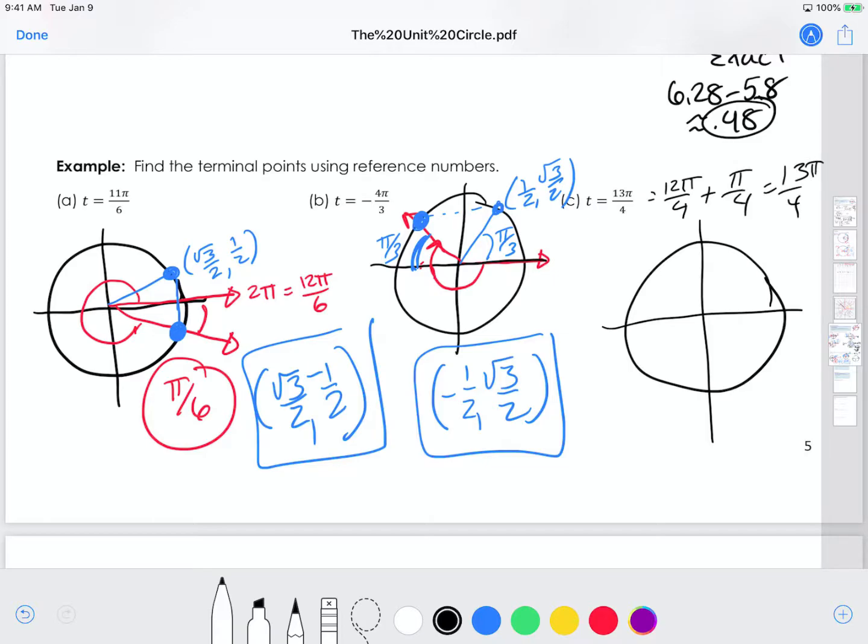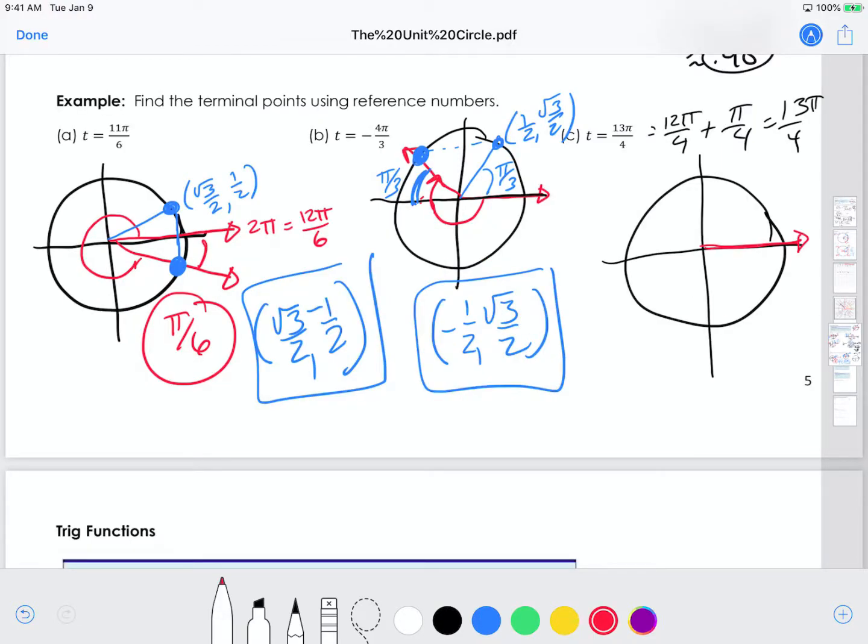So I need to go 12 pi over 4, which is 3 pi. Here's my initial side. I open 1 pi, 2 pi, 3 pi, and then another 1/4 pi. So my reference angle is going to be pi over 4 because that is the angle that my terminal side